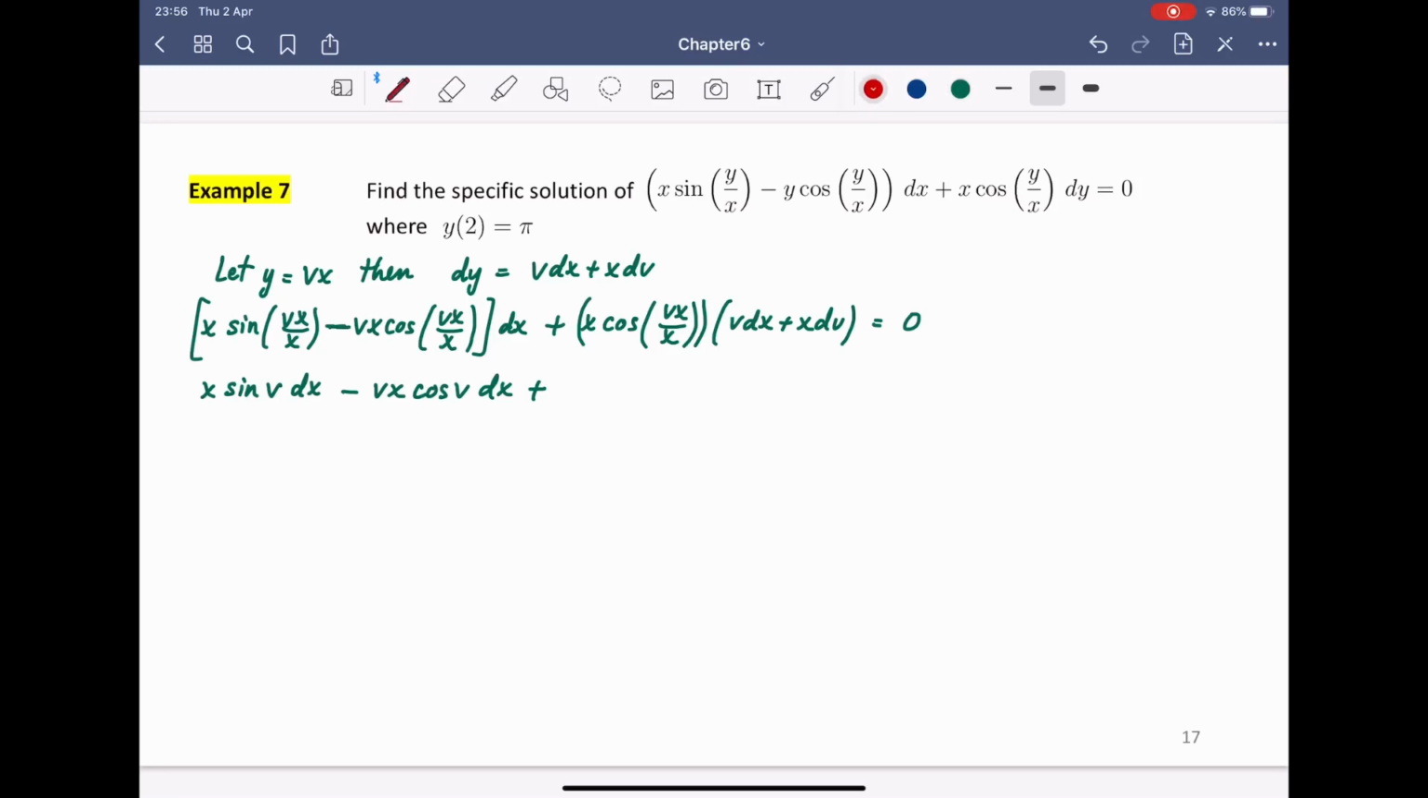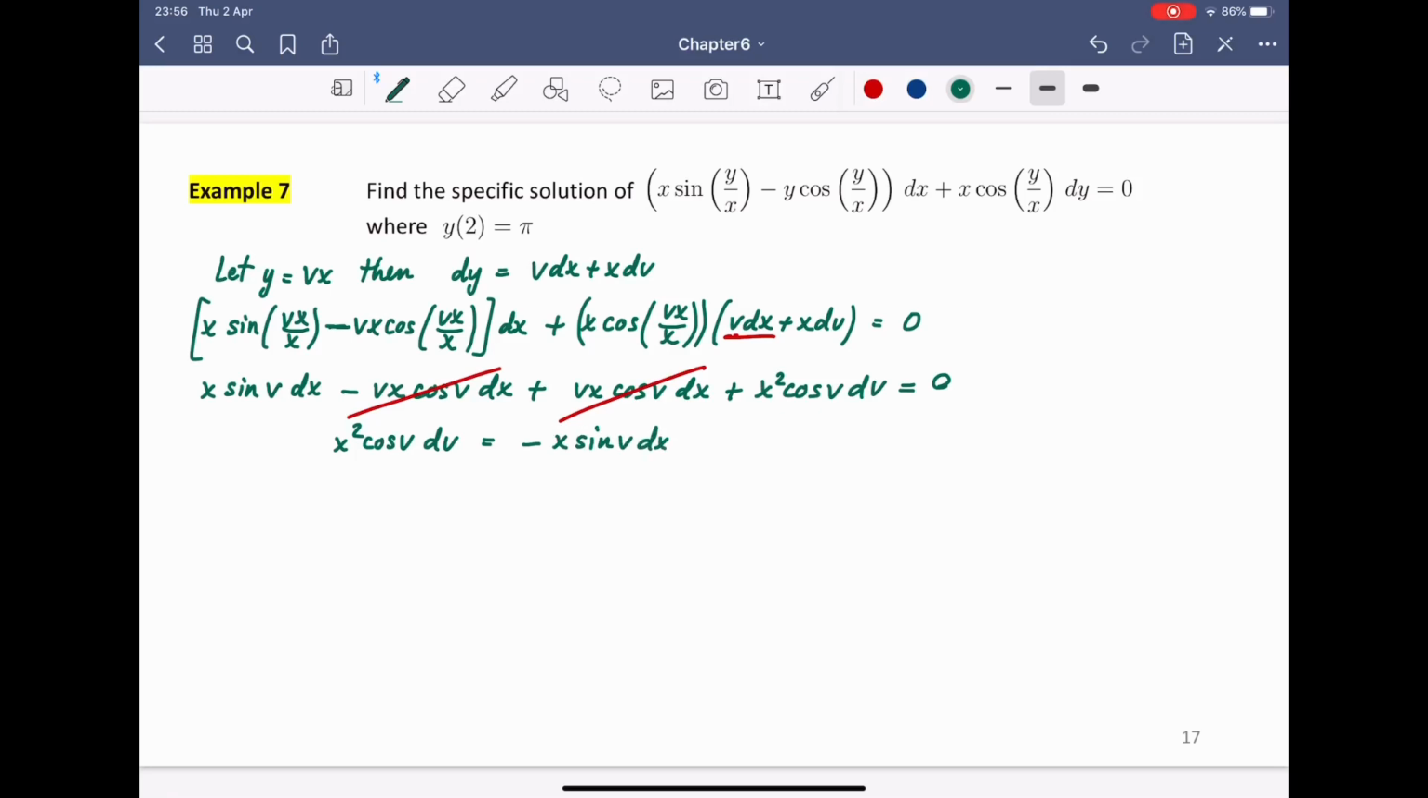So let's start by expand v dx to this parenthesis and x dv to this parenthesis later. So here I'm gonna have v times x cosine v dx, and then plus x squared cosine v dv equal to 0. Alright, and then you can see that the second term here and the third term here, they cancel each other. So what you have left is you're gonna have x squared cosine v dv equal to minus x sine v